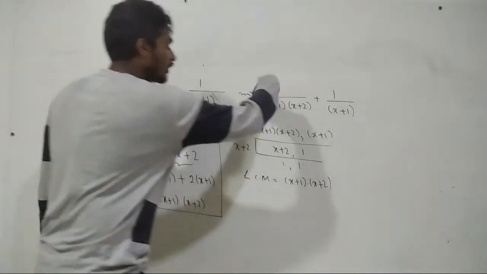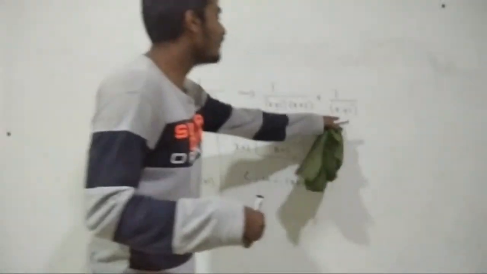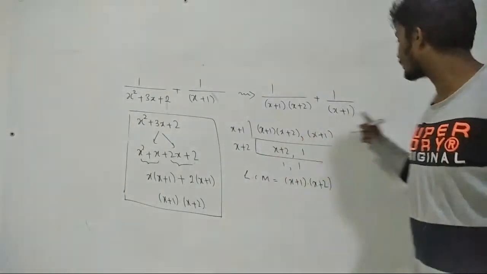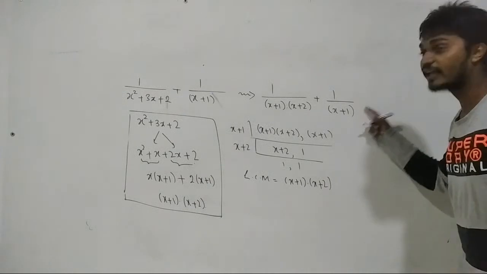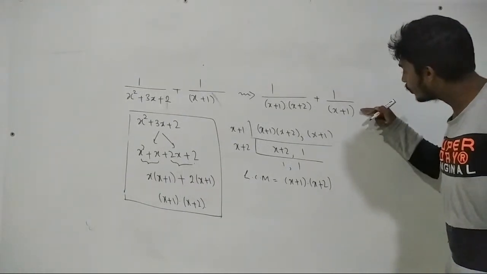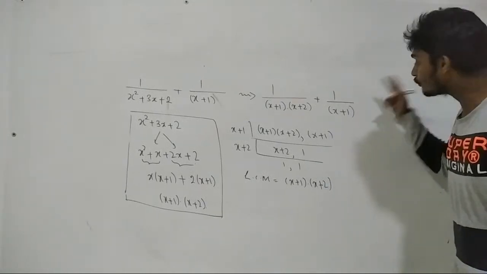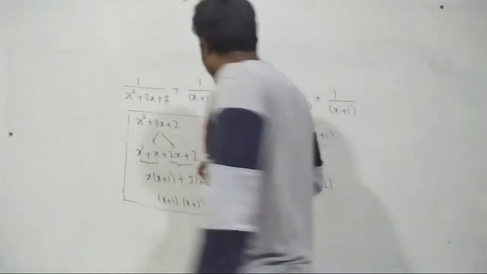Alright. So guys, the LCM is x plus 1 into x plus 2. But what we have is x plus 1. We just have x plus 1 over here. So we need x plus 2 as an additional term. So we will be multiplying x plus 2 at the denominator, and also we will be multiplying x plus 2 at the numerator. Doing that